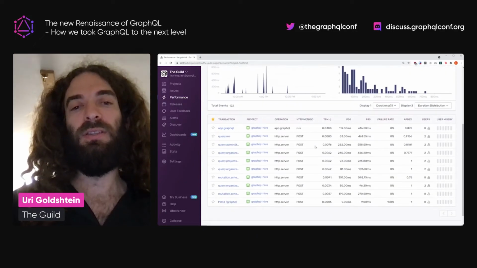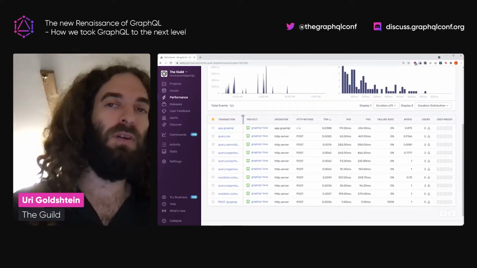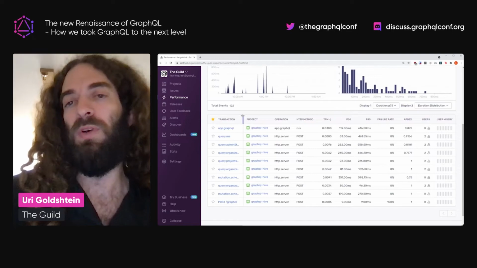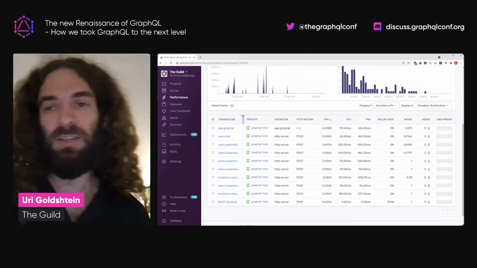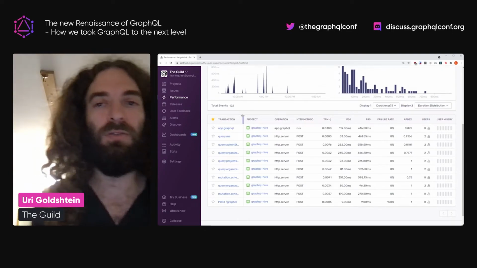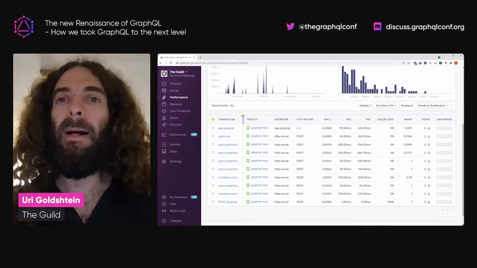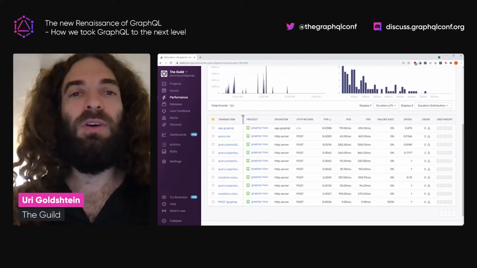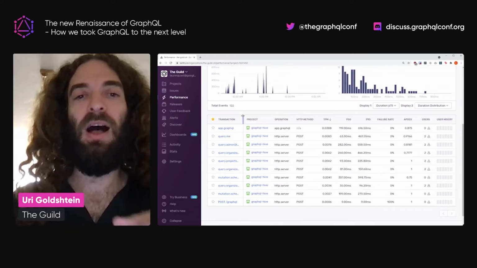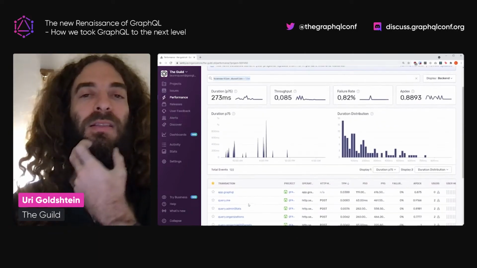Let's look here. This is an example, but let's look here at GraphQL Hive, which is a service that we provide to our customers, a hosted service, a hosted GraphQL registry. If you don't use it, you should check it out. And what you see here is us using it, how we use envelope and the Sentry plugin.